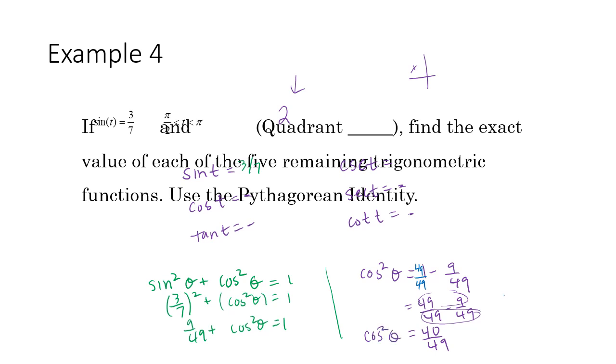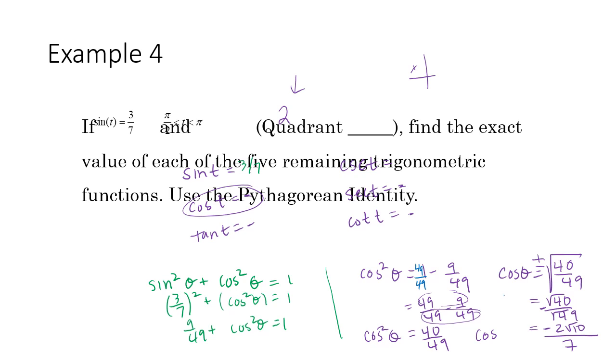So what I need to do is square root this. So when I square root this, I'm going to do it up here. So cosine is the square root of 40 over 49. I can rewrite this as the square root of 40 over the square root of 49. Well, the square root of 40, and again, it's always plus or minus when you're square rooting, but we already know that cosine is going to end up being negative, so I'm just going to stick with the negative. So that's going to give me negative 2 root 10 all over 7,